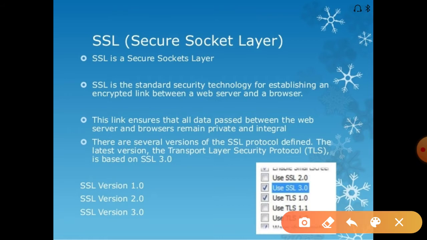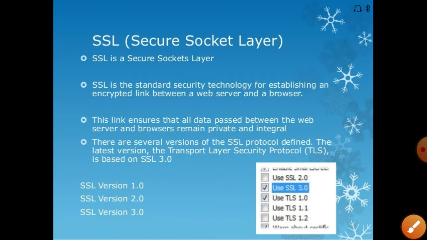SSL is a standard security technology for establishing an encrypted link between the web browser and the web server. To establish an encrypted link between the web server and the web browser, we have to use this SSL technology.